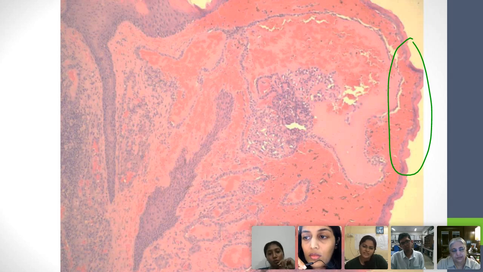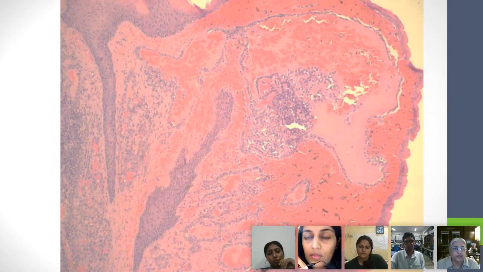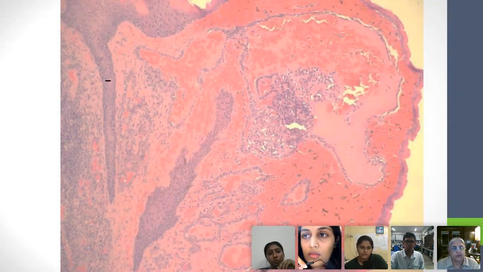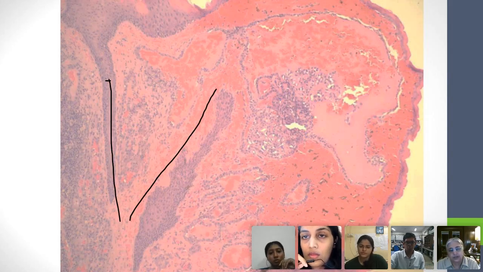So on the left-hand side, we can see the keratinized squamous mucosa with the tongue going. And the one which she has marked, it's the normal mucosal lining. I see. So, a normal mucosal lining, according to you, Kshitija, is what kind of mucosa on the inside of the lip? According to you, this is skin, right? All of this. Yes, ma'am. And according to you, this is the mucosa.